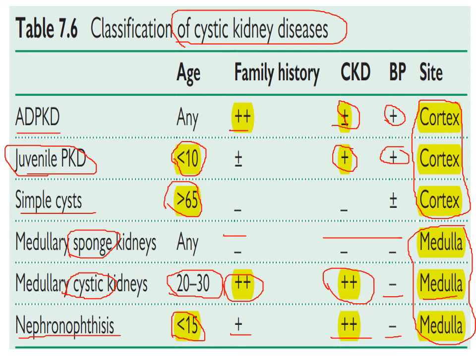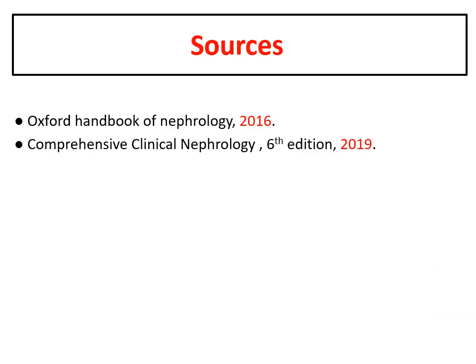It can be associated with extrarenal manifestations, especially Senior-Loken syndrome when it is associated with retinitis pigmentosa. This is a very important table that summarizes all the cystic kidney diseases and the peculiar feature of each one of them. This is our resources, and